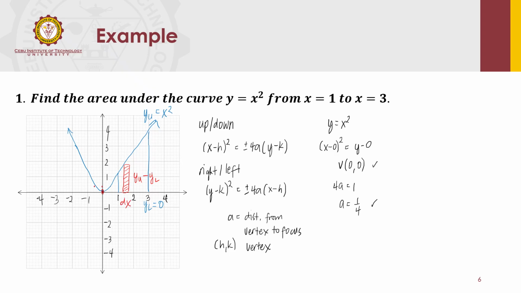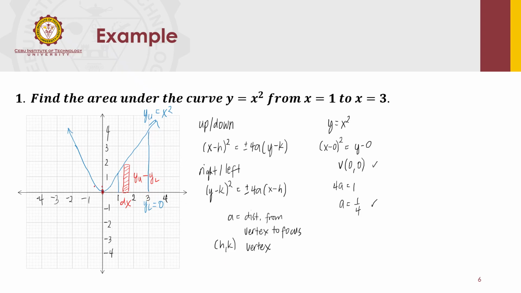Okay, so meaning our limits should be x values. So the area that is required is from x equals 1 and x equals 3 only. So not this area, not this area, not the area after 3. It's this from x sub 1 to x sub 3 only. So meaning our lower limit would be x equals 1 and the upper limit would be x equals 3.